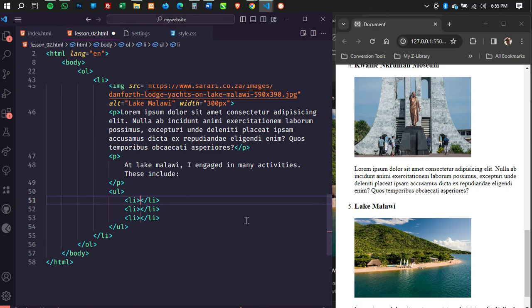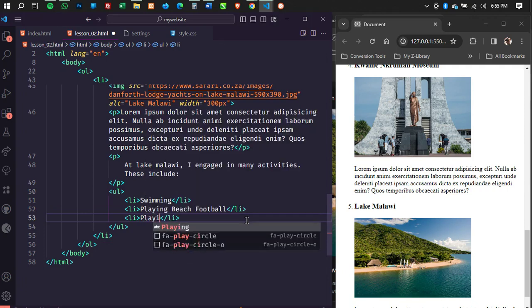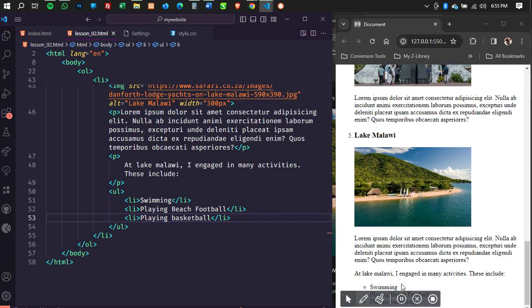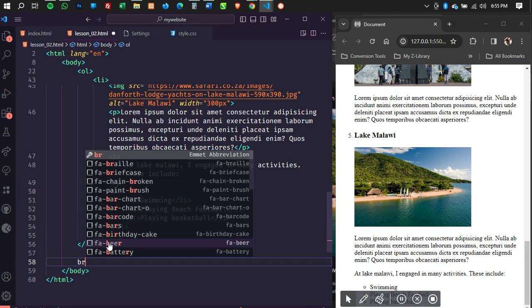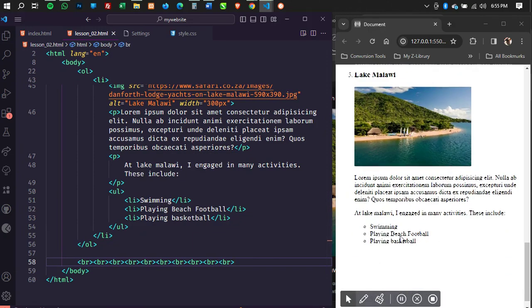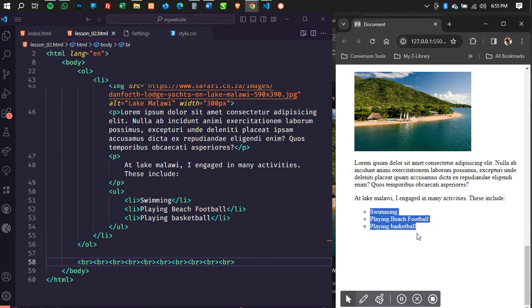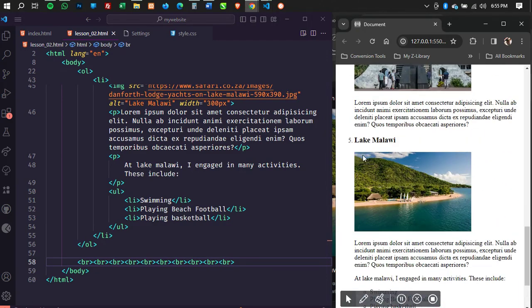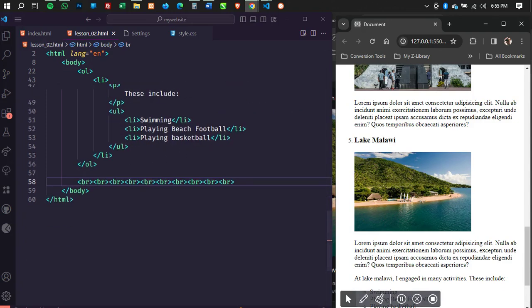And so we have swimming, playing beach football, then playing basketball. When I go down here, you can see the bullet list is being listed under the other list. So you can actually nest your lists like that.